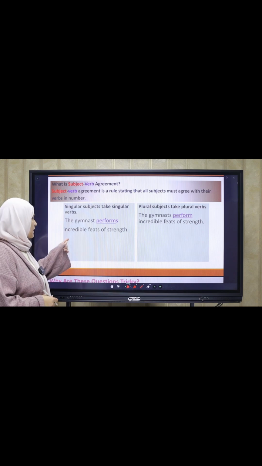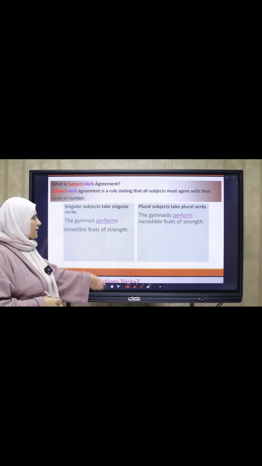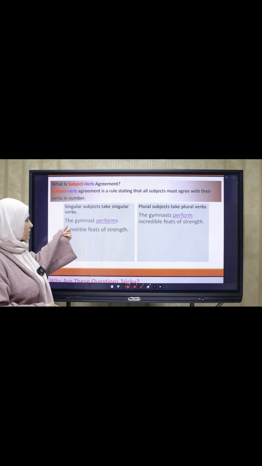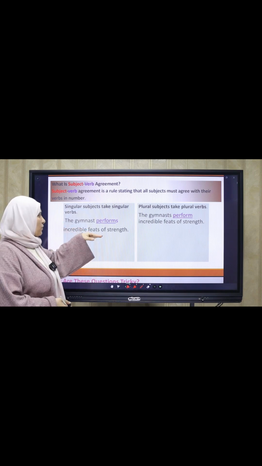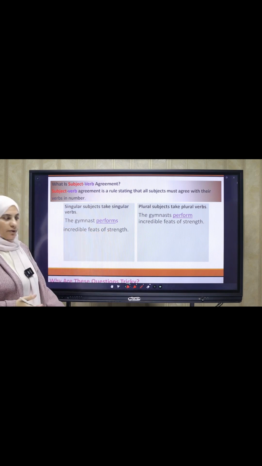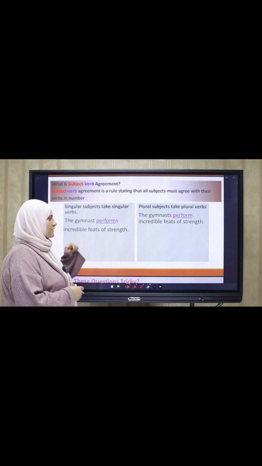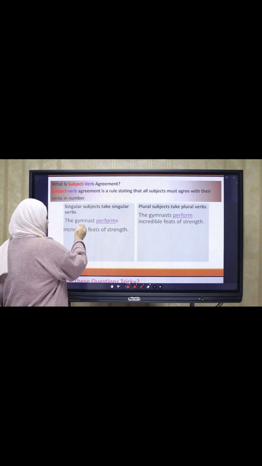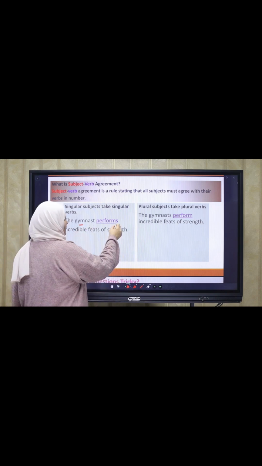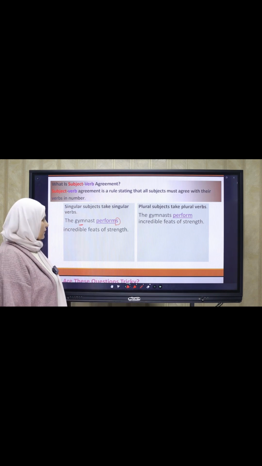Let's check out this example. The gymnast performs incredible feats of strength. Okay, here, the gymnast performs. Who performs? Who does the action of performing here? This is the gymnast, so the gymnast is the subject. The gymnast is a singular noun, so it takes the verb in the singular verb form. Okay,